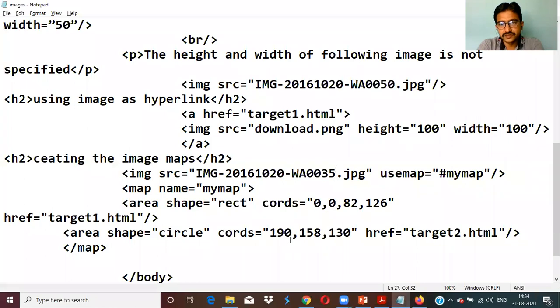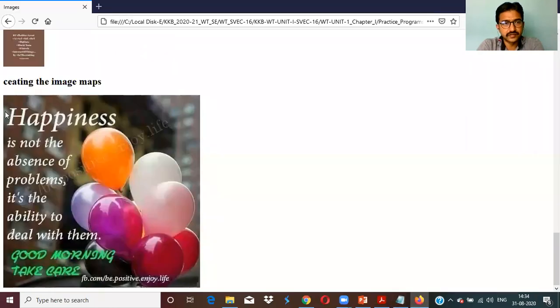The circle also 119. Okay, fine. I will look into that.